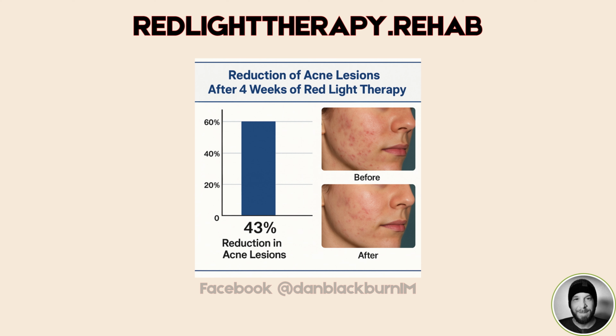So how do you keep those results going long-term? Maintaining clearer skin usually needs a multi-pronged approach, according to the sources. Consistent, proper skin care is foundational: gentle cleansers, non-comedogenic moisturizers, daily sunscreen, always. You might need to continue with some topical treatments as well. Lifestyle factors definitely play a role. Diet, staying hydrated, managing stress, avoiding things that irritate your skin, and just general good hygiene are also important. And the sources suggest that periodic follow-up light treatments might be beneficial for some people to maintain those